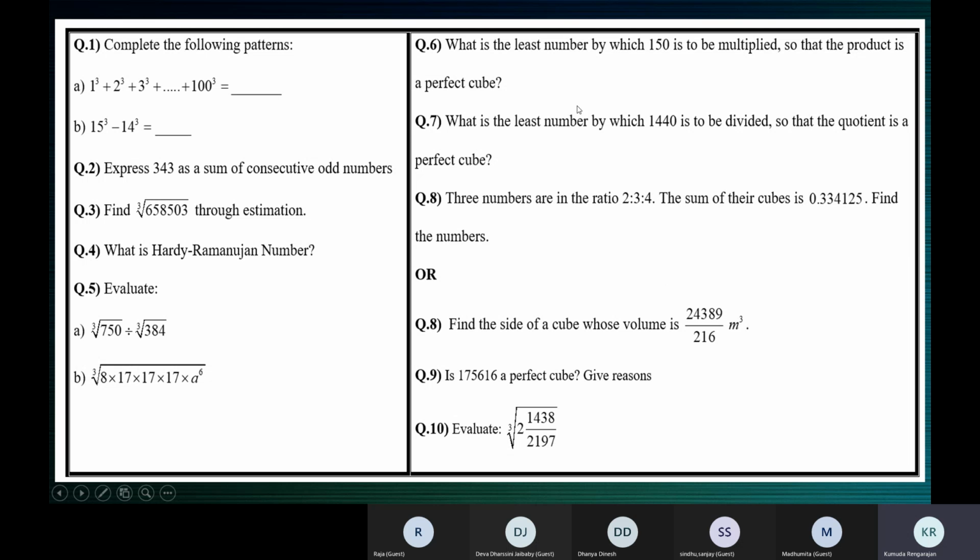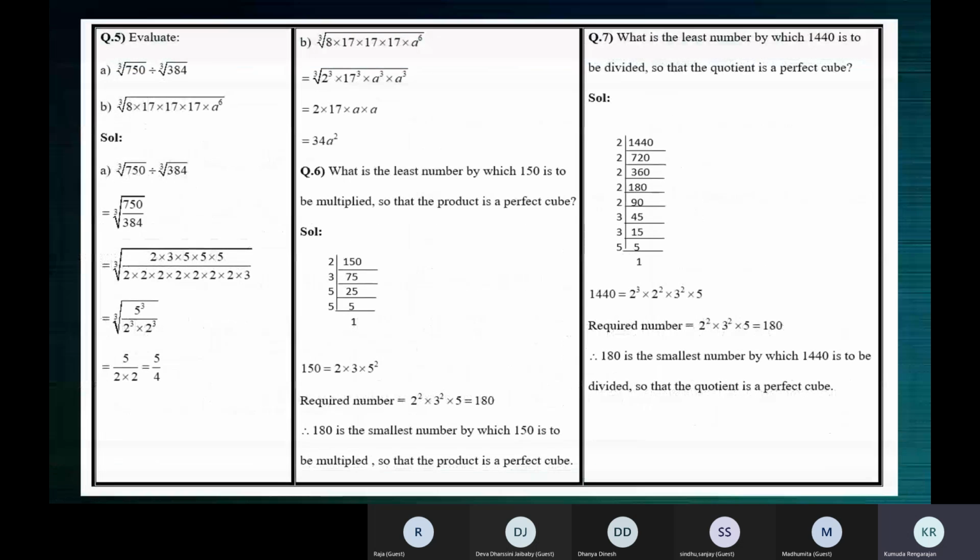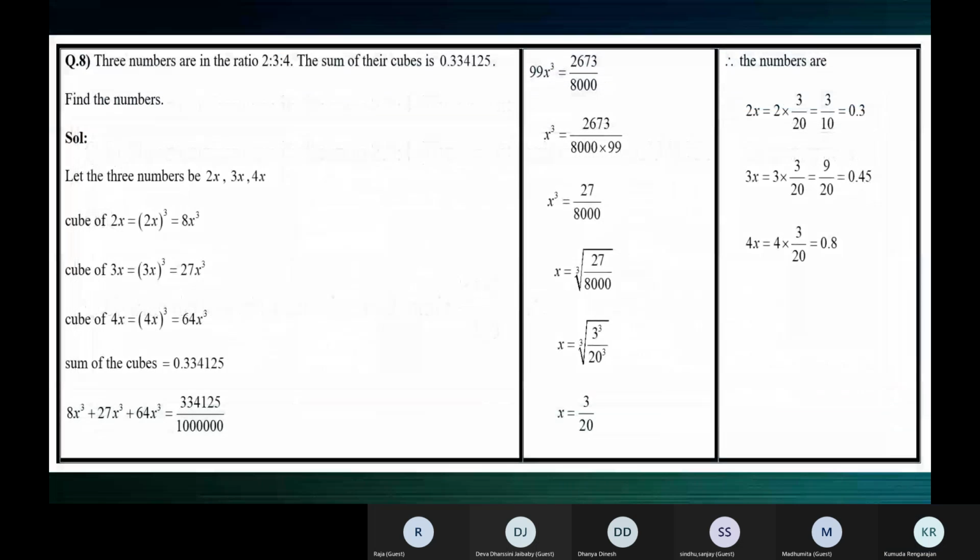5, 6, 7, this one, this 8, 9 and 10, we finished in the class. This ratio alone, since it's time, I'm just leaving it to you. You can ask your doubts in tomorrow's class. A similar sum has been discussed earlier. Just that you'll have to convert this decimal number to a fraction.